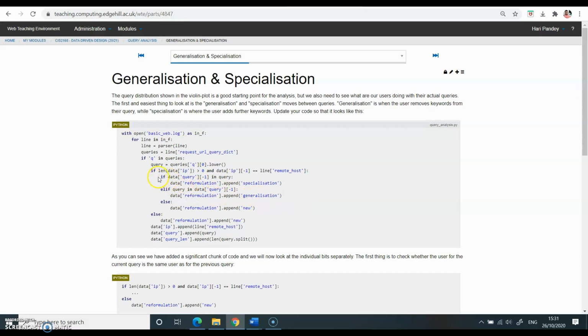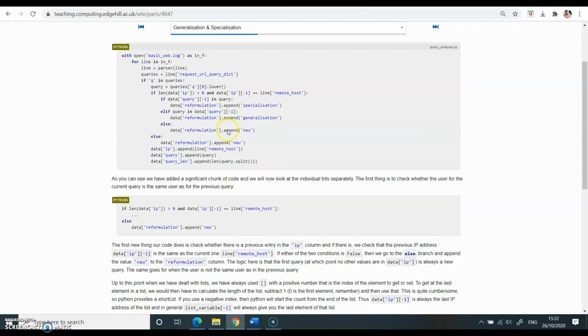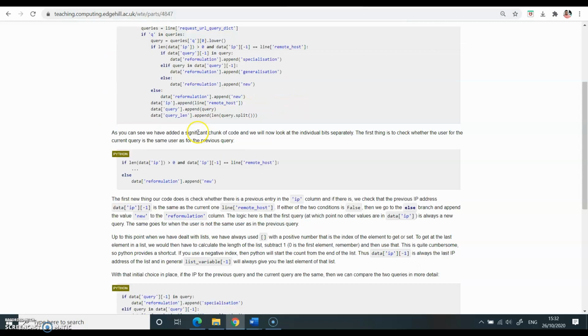So this line, if query -1 in query and if query in data query -1, these three lines are for applying generalization and specialization. When you run this, you will be able to understand and see practically how generalization and specialization is working for this program.